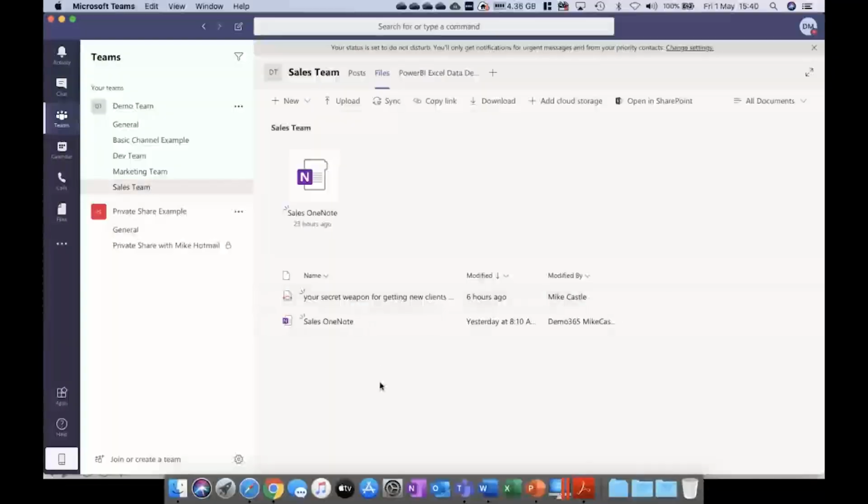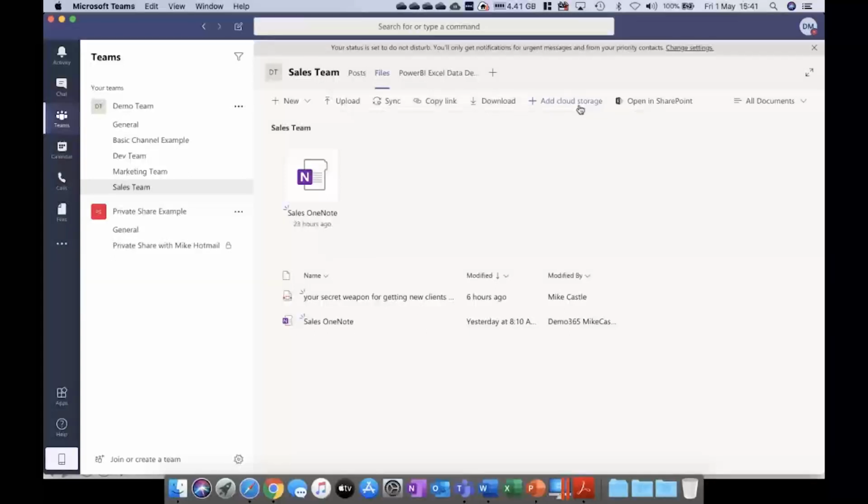So here I've got a couple of files already, and one of the new functions that has been brought in is the ability to pin files up here. You can actually add files up into this line at the top, not necessarily all the time, but it is a good way of highlighting a file that's relevant to individuals. Similarly, add cloud storage. This allows you, prime example, if you merge with another company and they happen to be a Google platform user, they may have a Google Drive share full of information.